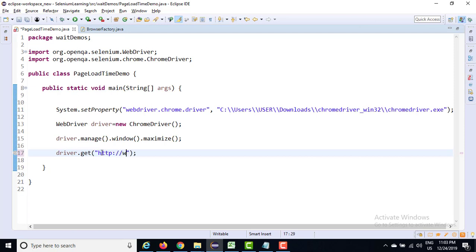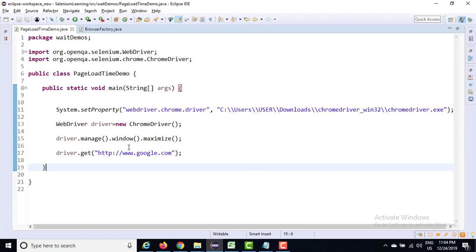Now if you notice one thing, the moment we launch any application, what exactly Selenium is doing is waiting for the application to load completely, whether it's 1 second, 10 seconds, 15 seconds, even 10 minutes, it will keep on waiting. So the wait which I'm going to talk about is going to set a timeout, the maximum time Selenium has to wait. If within this time period the application or URL is not loading, it is going to fail.